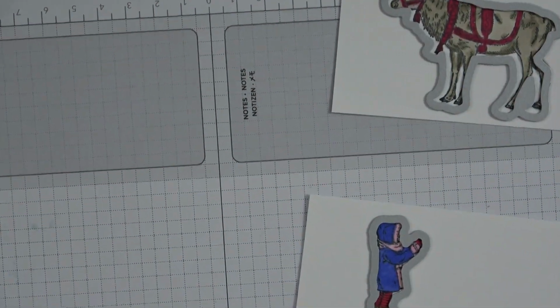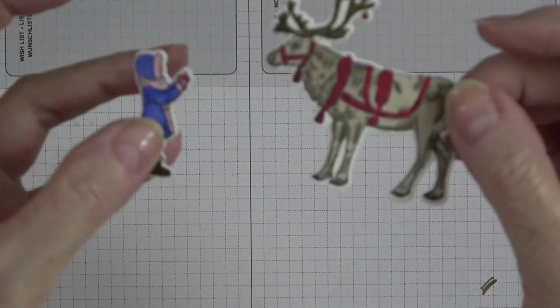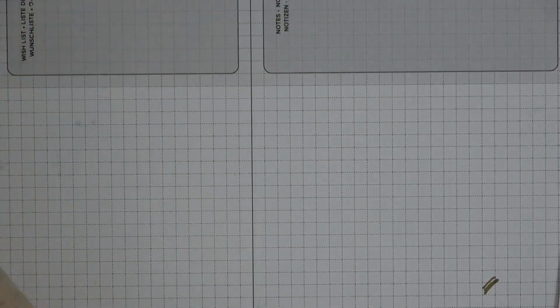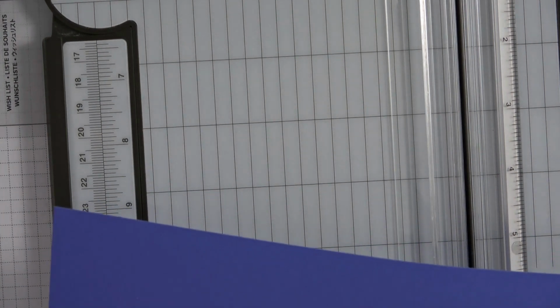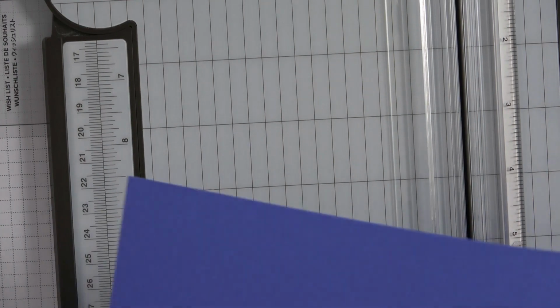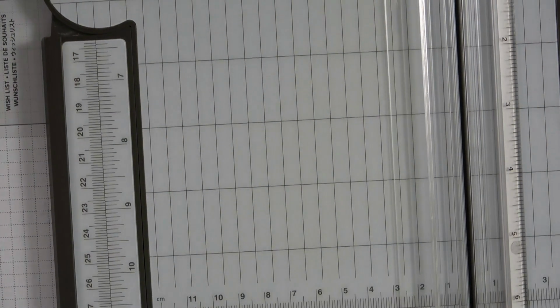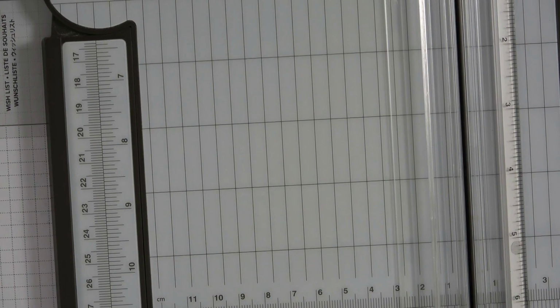I'll be right back. Alright, I'm back, and I've got my 2 pieces die cut, and they look beautiful, as you can see. So I'm going to lay these over to the side, because the next thing that I want to do is cut down this piece of Starry Sky. Or do I want to use Night of Navy? I think I want to use Night of Navy. I changed my mind. So I'm going to grab a piece of Night of Navy,